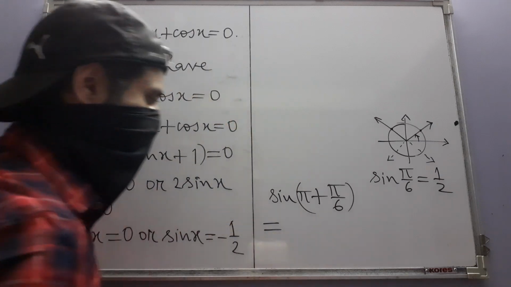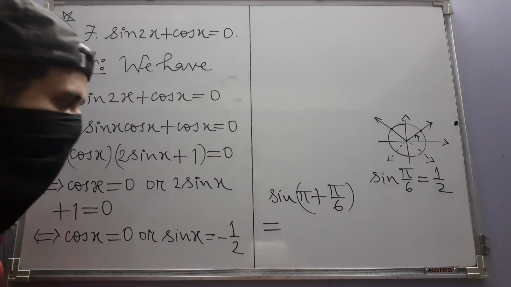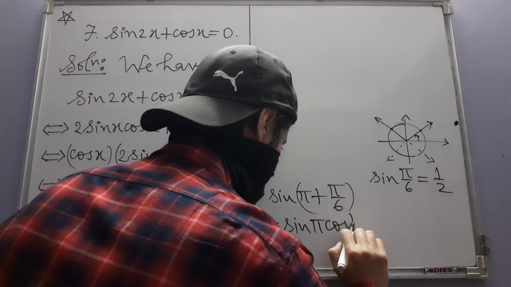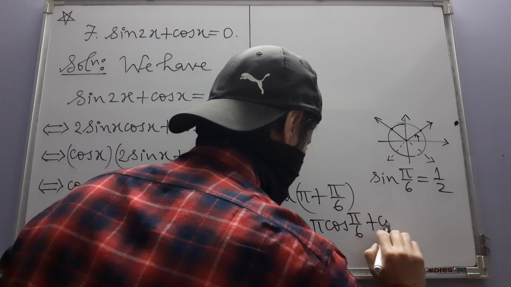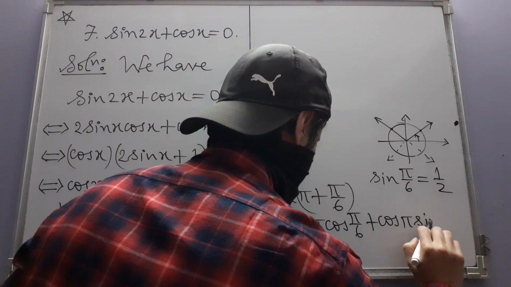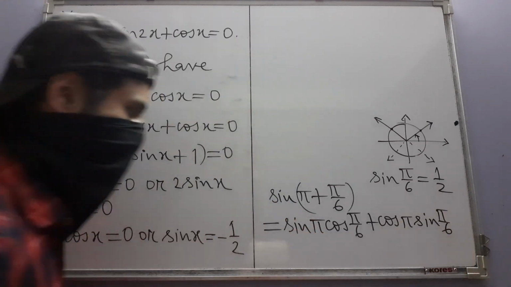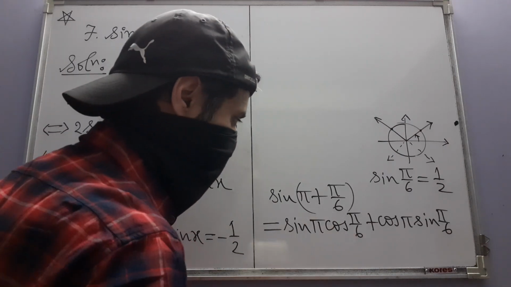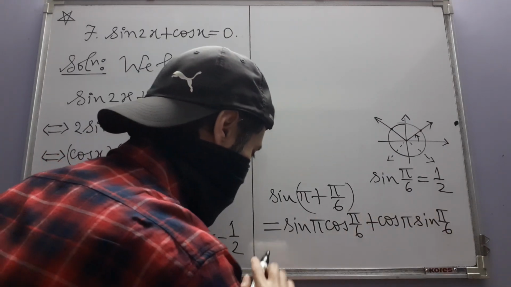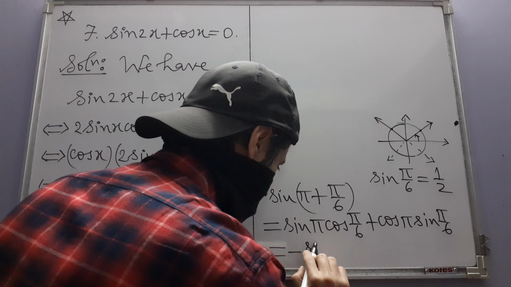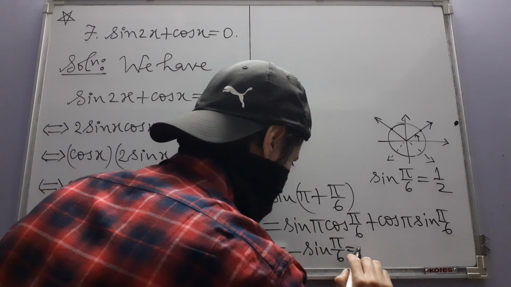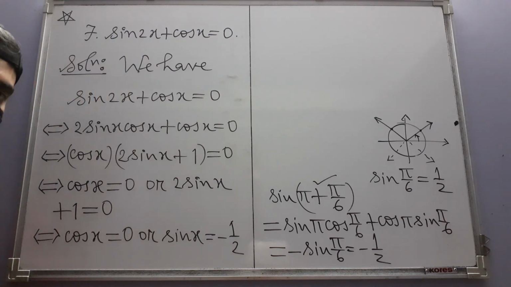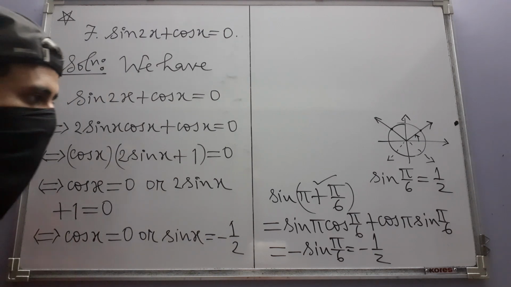Now, if you expand this using the sine angle sum formula, what are you going to get? Sine pi cos pi over 6 plus cos pi sine pi over 6. Sine pi is 0, we already know that, so this term vanishes. Cos pi is minus 1, so that way you get minus sine pi over 6, which is minus 1 over 2. That means this is one of the angles that you can take here, and this is